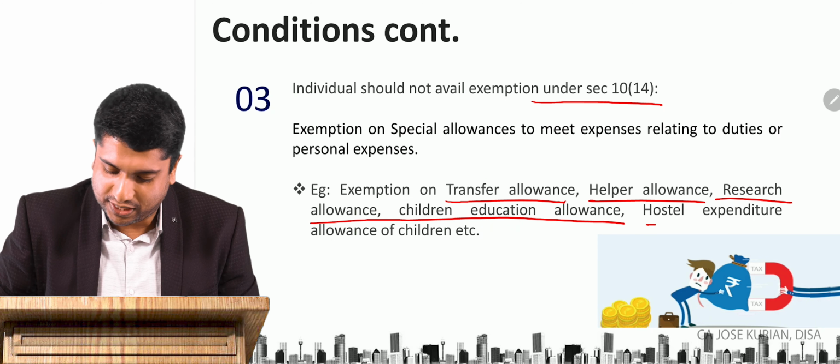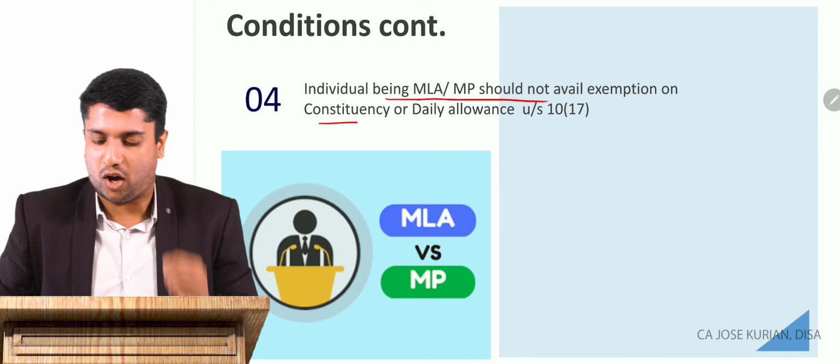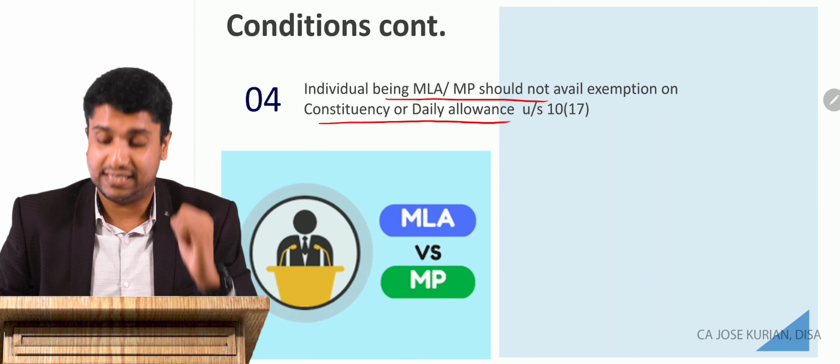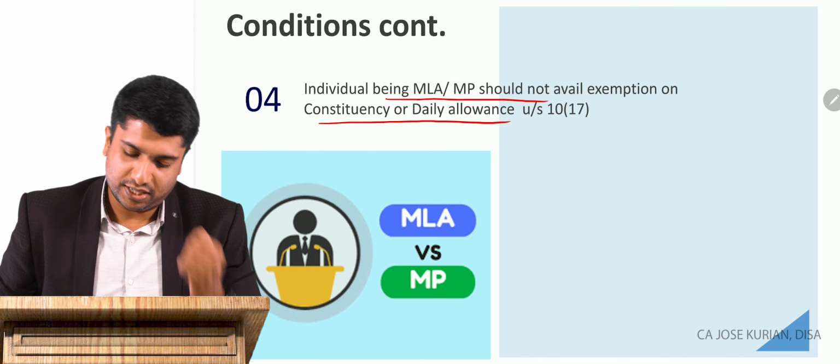Condition number 4, you being an individual and a member of legislative assembly or a member of parliament, you have to give up your exemption for constituency or daily allowance under 10(17). Condition number 5, you are an individual being a parent and your minor sons or daughters' income are clubbed with your total income, then you have to give up your exemption under 10(32) of rupees 1000 for taking out 115